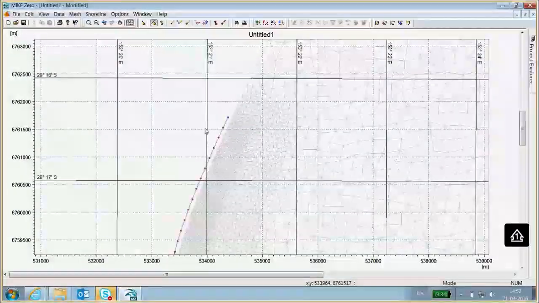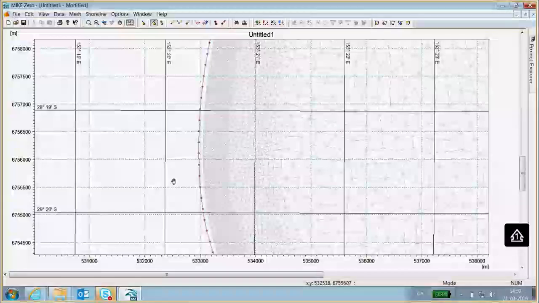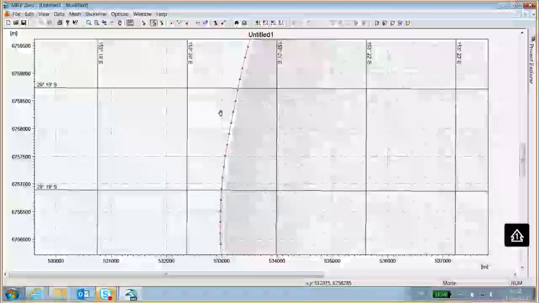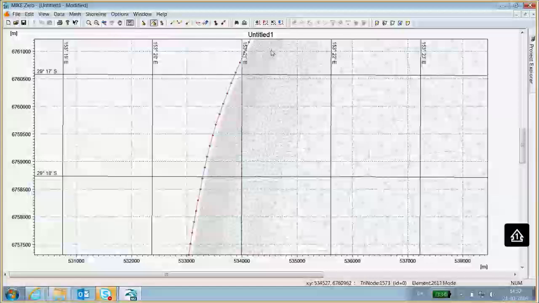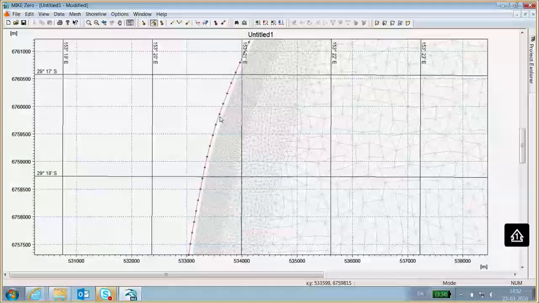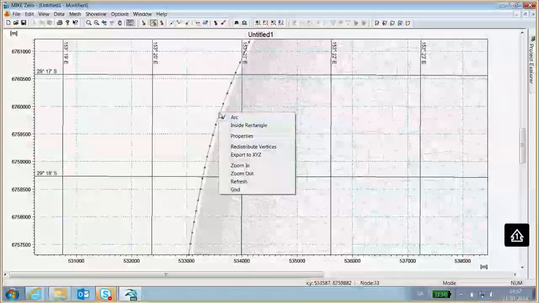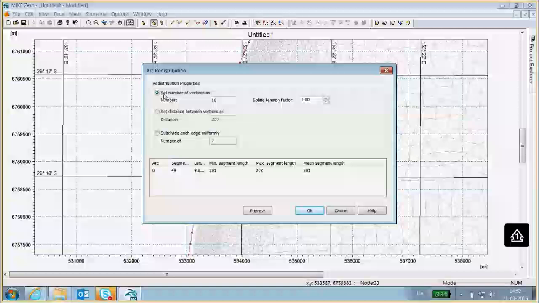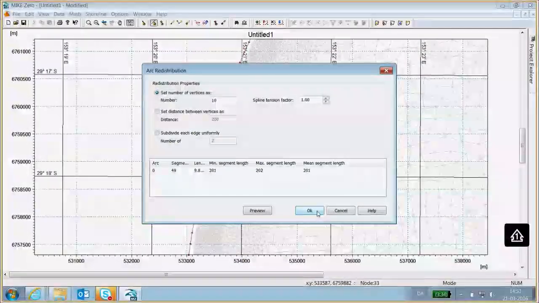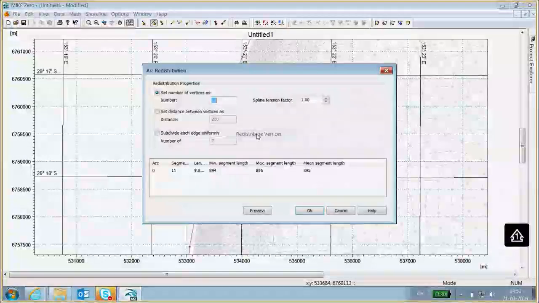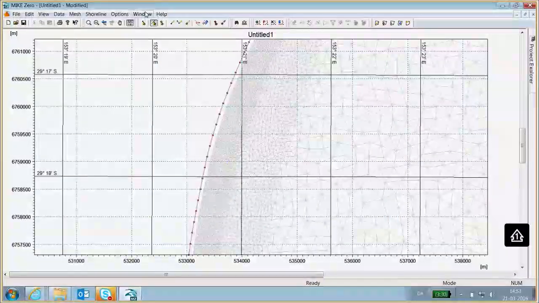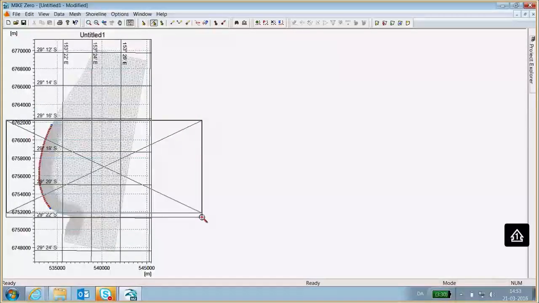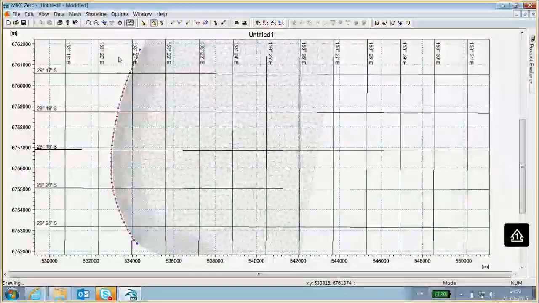I think that looks pretty good actually. You can see there are maybe a few humps along the way there because of course it was hand drawn to start with. So a way to get rid of some of those humps is to simply reduce the number of vertices and then increase it again, redistribute them again. That has a tendency to smooth out the baseline a little bit. So now I think we have a baseline that we are happy with.